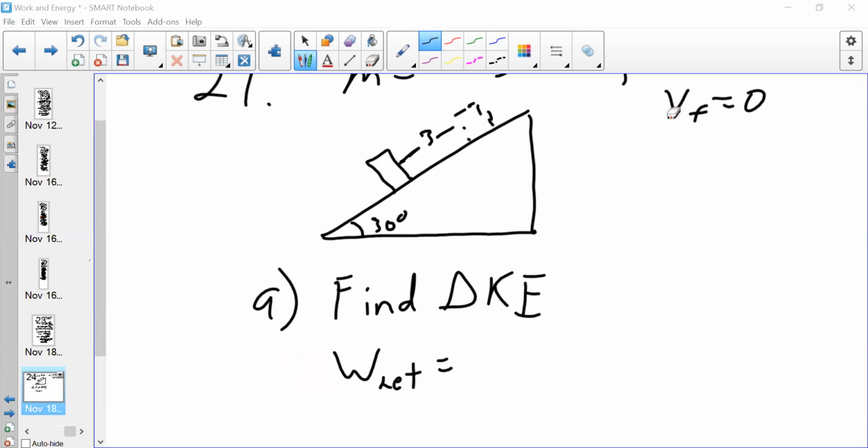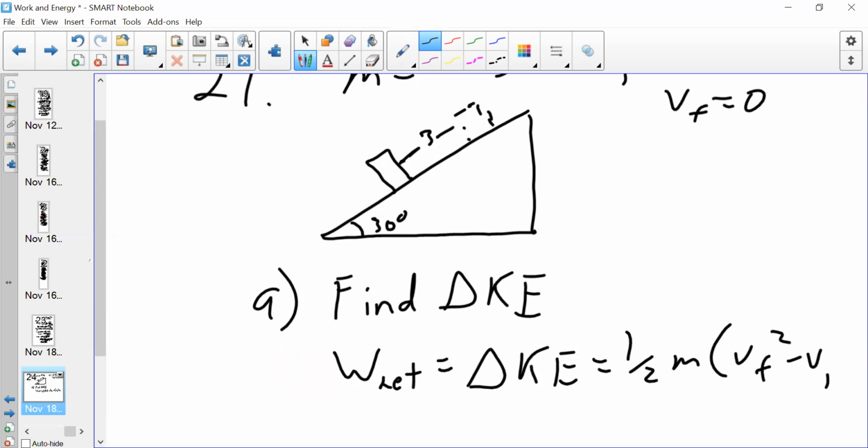Yeah, one equation. So net work is delta KE, which is 1/2 m v final squared minus v initial squared. So again, this question here is directly on principle. Change in kinetic energy is equal to, what do you know it to be equal to? You can go rifle through the book. Change in kinetic energy is equal to work. It was also equal to net force times displacement. Am I presented with a net force first? I am not. I could find it,